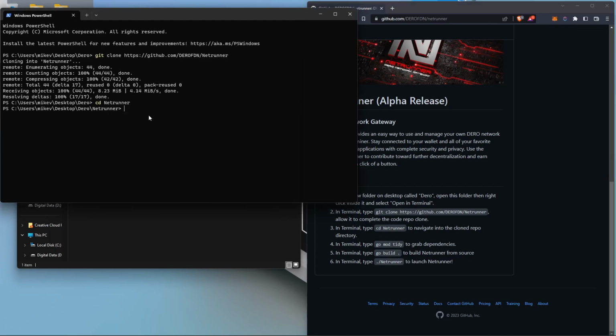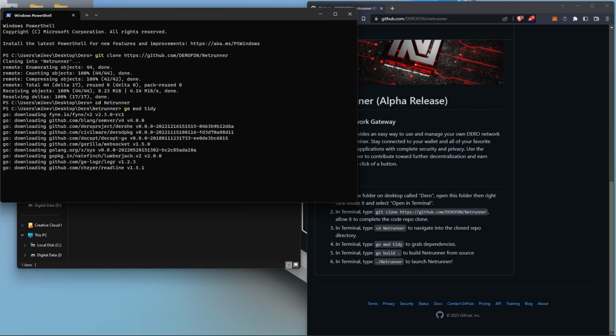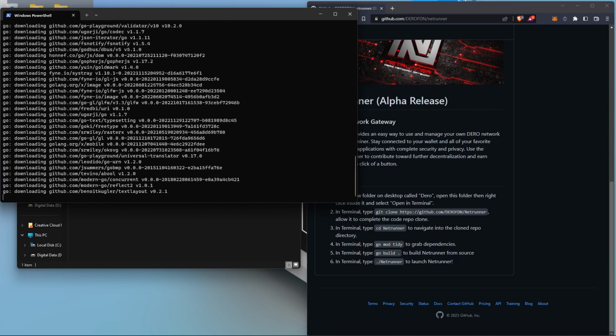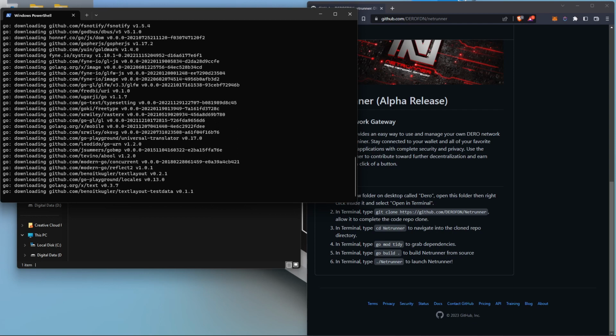So what I'm going to do now is just go back over to the terminal window, hit go mod tidy, hit enter, and now it's going to download the GitHub repository that it needs for the installation. And then once the dependencies are finished, we can move on to step 5, which is going to build the actual Netrunner installer. So now that this is finished, we can hit go build